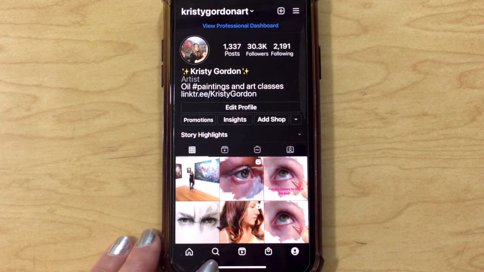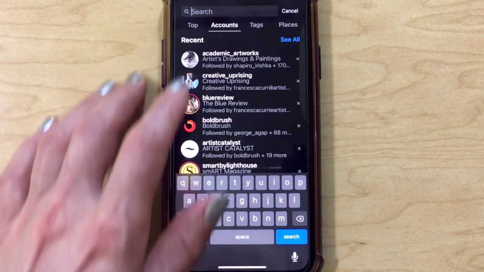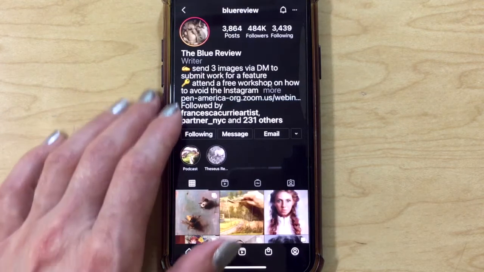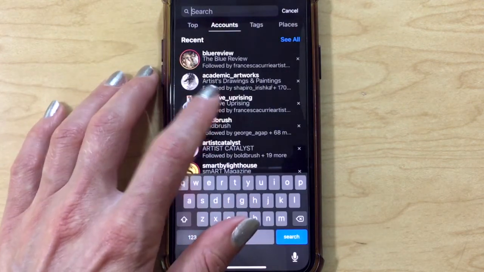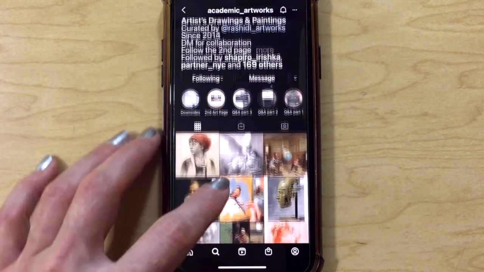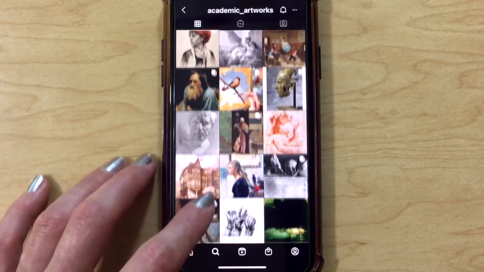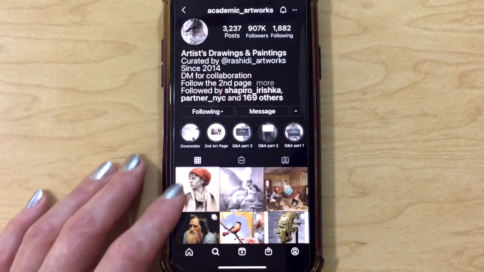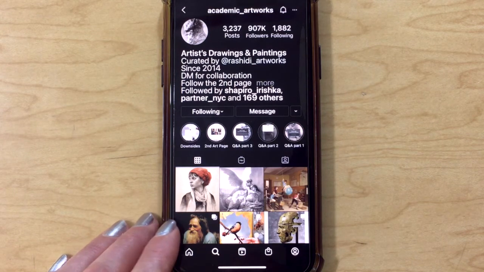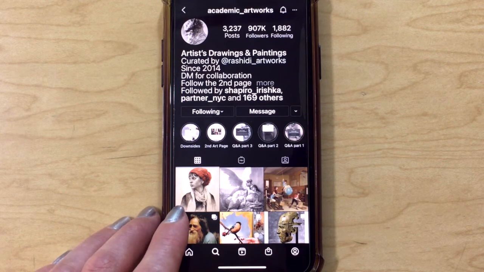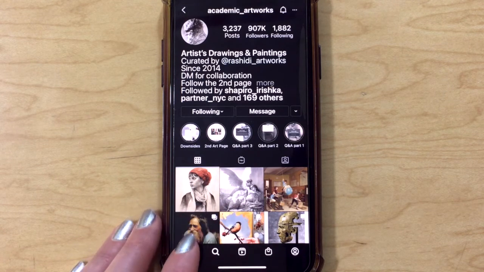And so the last thing in terms of how to grow your Instagram account is that you can also do paid posts with social influencers. So if you click the search button, accounts like Blue Review or Creative Uprising or Academic Artworks are really amazing accounts. You can see they show a nice range of really beautiful work. They have absolutely huge followings, and you can just private message them and ask them if they do paid posts and what the charge is, and have your profile really nicely curated before you reach out to them,